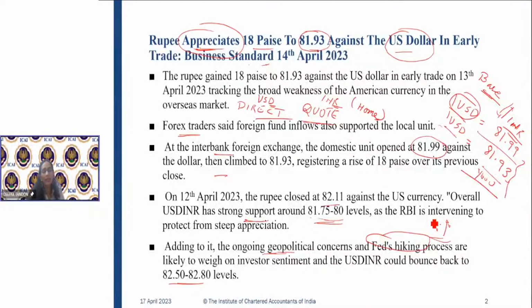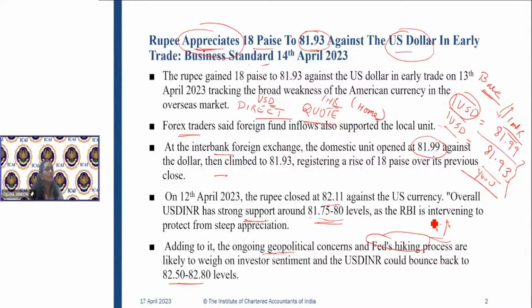So RBI has to decide, if the rupee has depreciated too much, whether to intervene or not, and where to intervene in the market, to go for either buying currency or releasing currency in the market. That is all decided based on how the economy is performing, how's the inflation, how's the employment in the country, what are the sentiments of people, how Sensex is behaving. So there are many factors on the basis of which the foreign exchange rate is decided: is it bad, is it good, should we go for taking any measures or not. As long as your country's macro fundamentals are strong, if rupee depreciates also, it's still not a matter of great concern, but